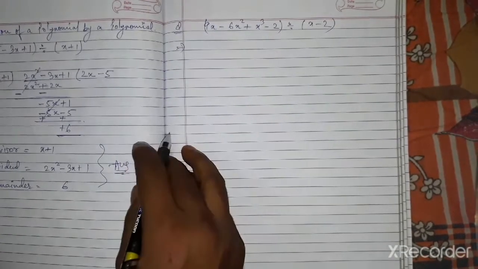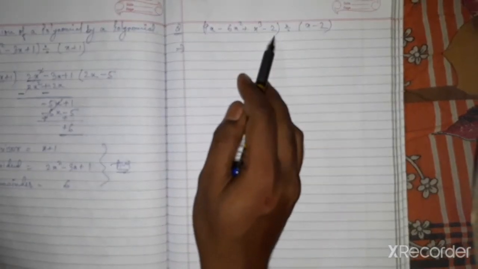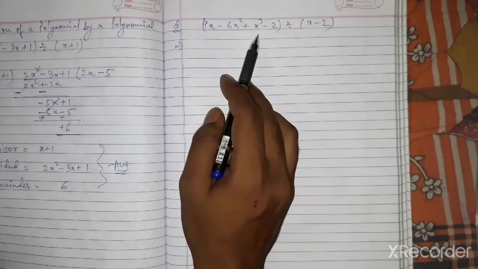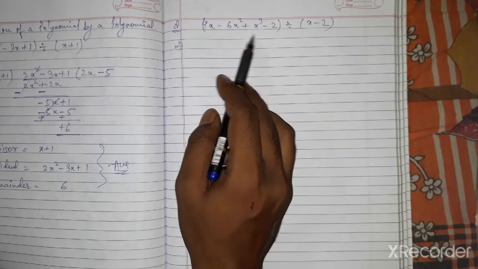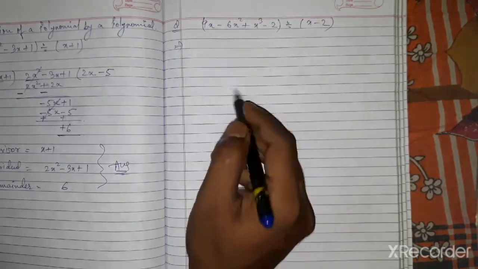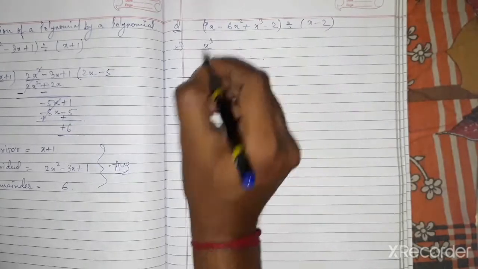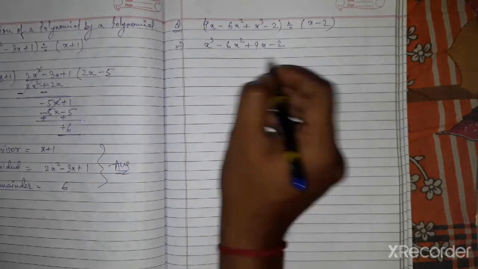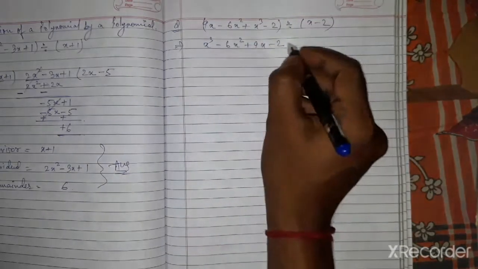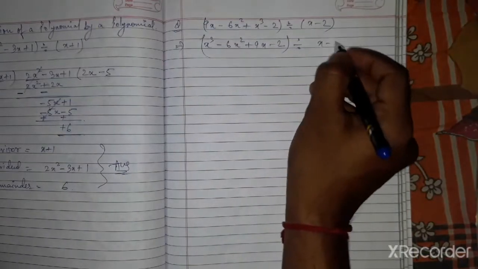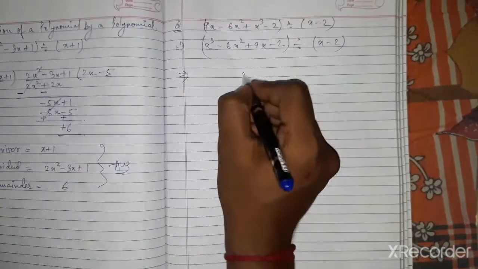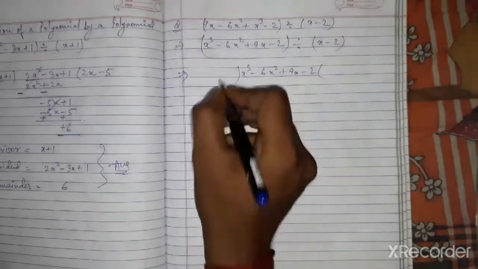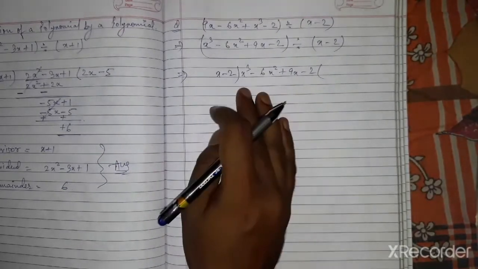First of all, you have to analyze that the polynomial which is written here is not in standard form. So you have to arrange them in standard form. So x cube will be written first, then minus 6x square, then plus 9x, then minus 2. Now this polynomial is arranged in standard form, and that will be divided by x minus 2. Once again, I will use the old method by which we divide numbers. So I have written it in this manner.